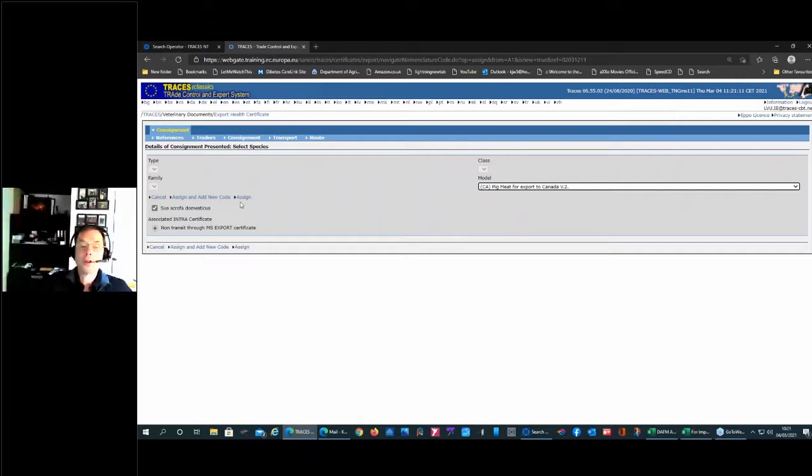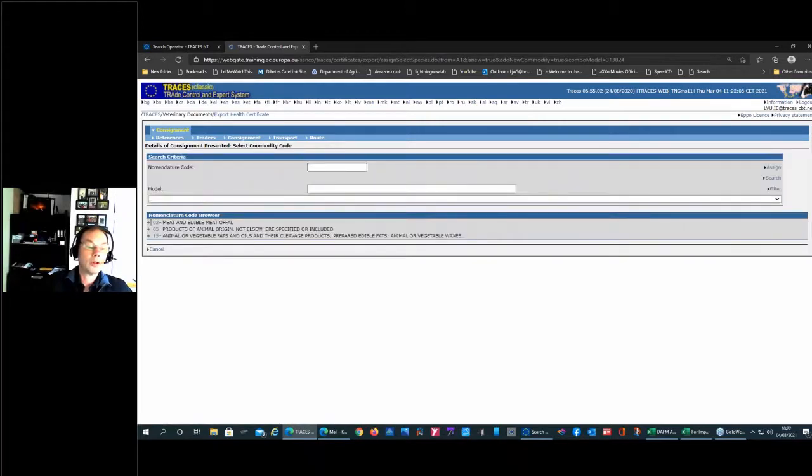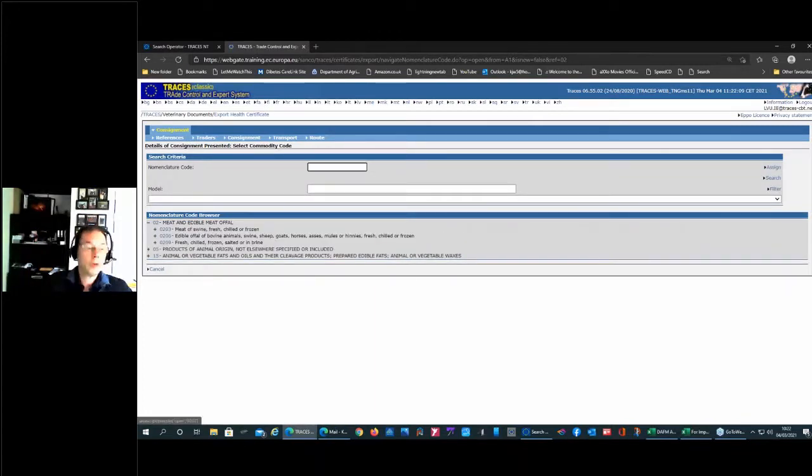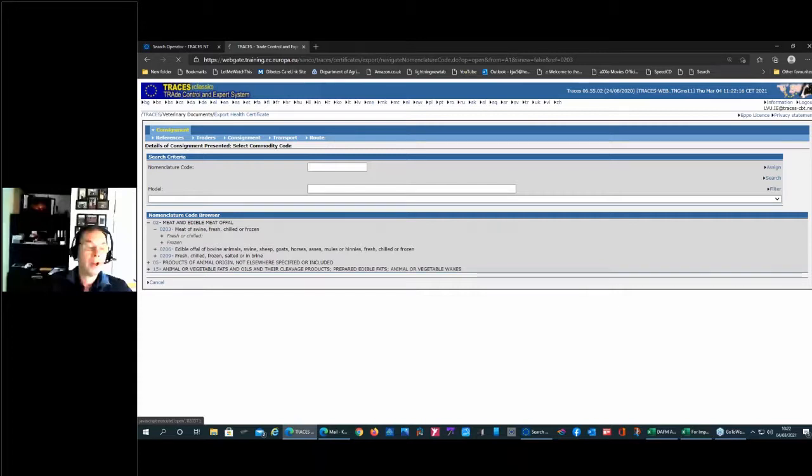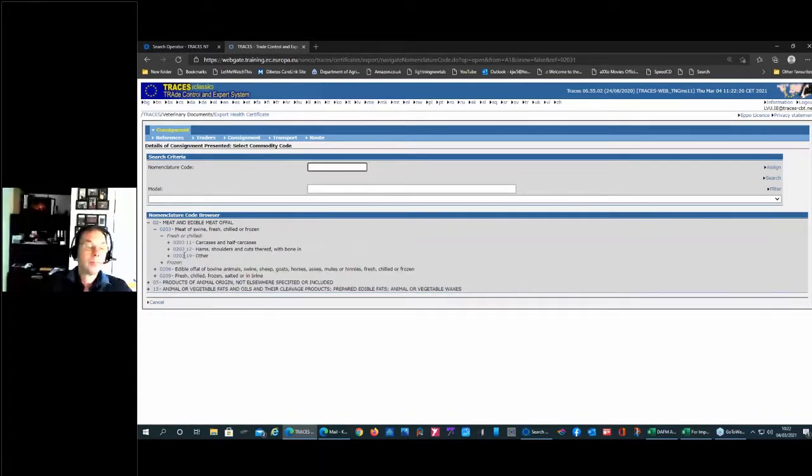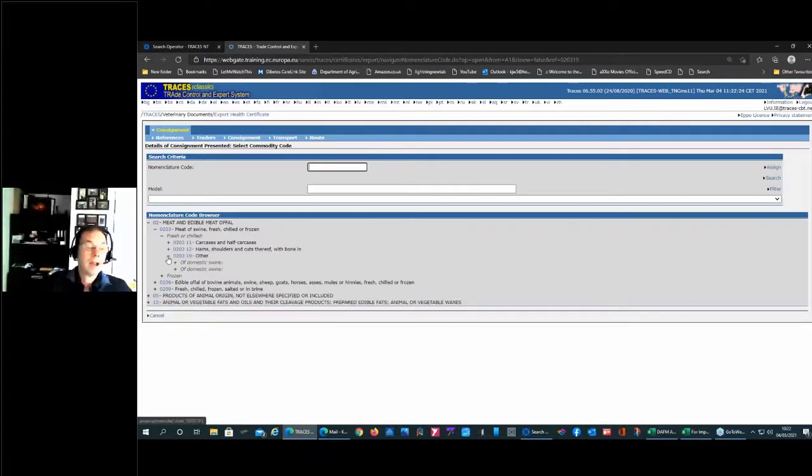So I'm going to assign 3 codes to this one. So what you do then is assign and add new code. I then come back in here to 0203. I'm putting in 02031219 this time. So I click on 0203 again, fresh or chilled, and I click other for 19, and for domestic swine again. And the one that I want is